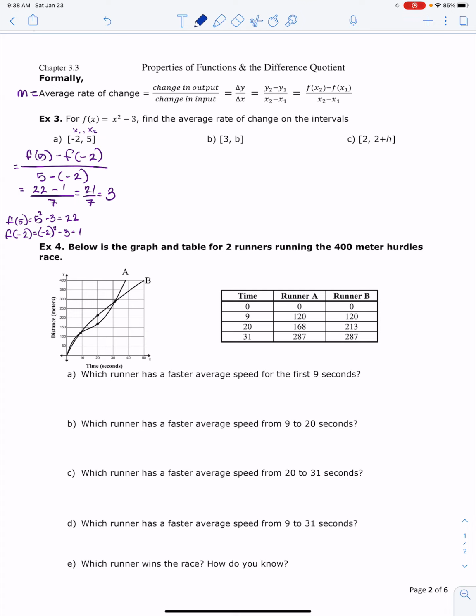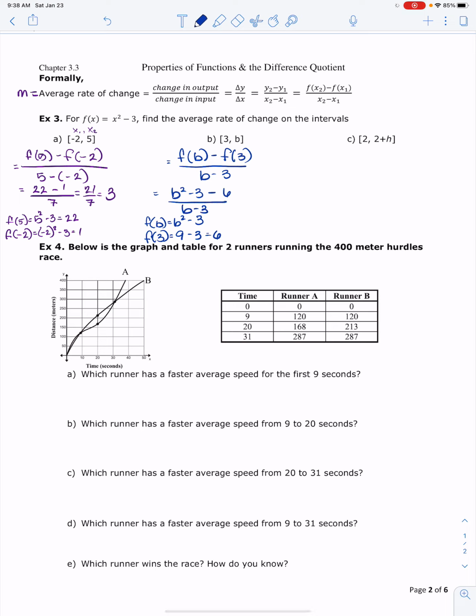B, our second interval, goes from 3 to some value b, and this is a little more consistent with how you're going to see it in calculus. So we want f of b minus f of 3 over b minus 3. Okay. And again, I will cram these in down here. F of b is b squared minus 3. F of 3, 9 minus 3, or 6. And so I've got f of b, b squared minus 3, minus f of 3, which is 6, all over